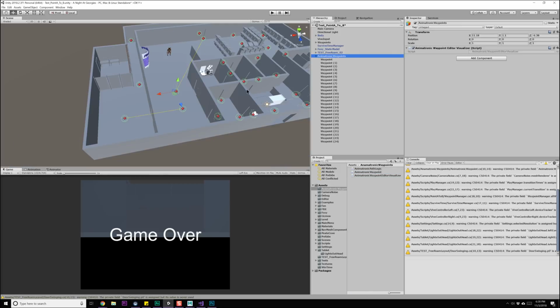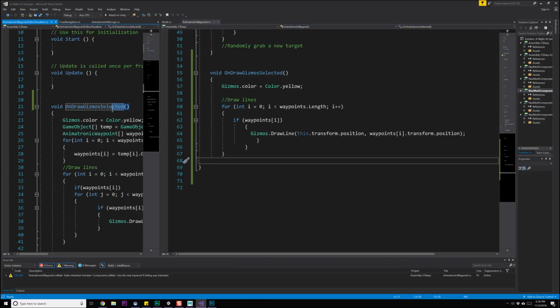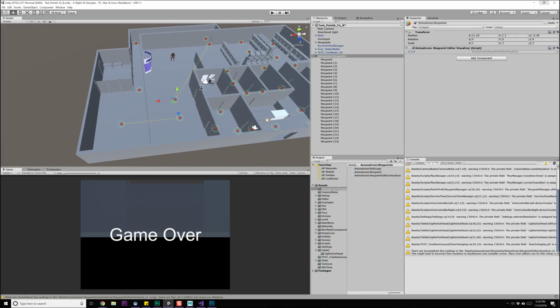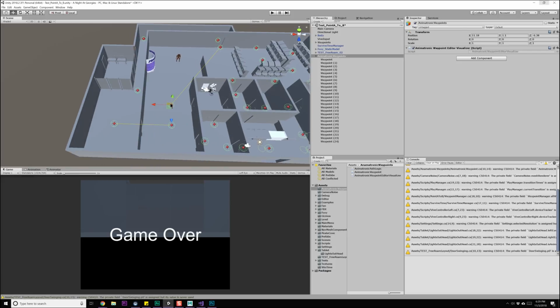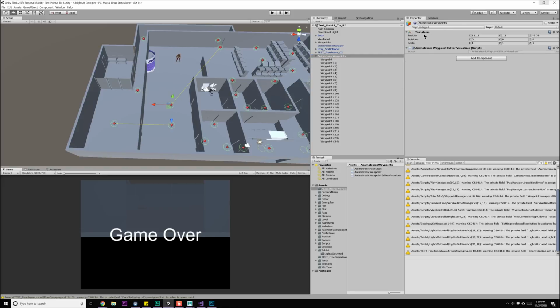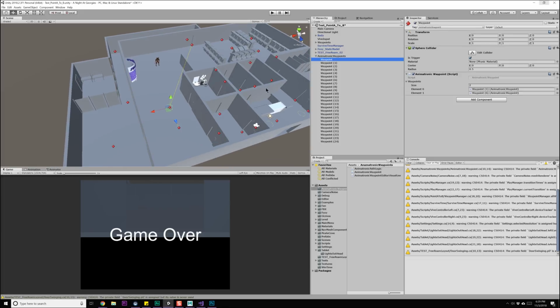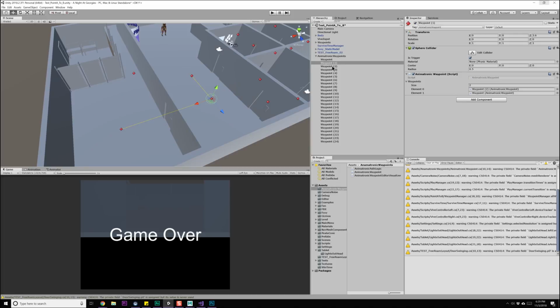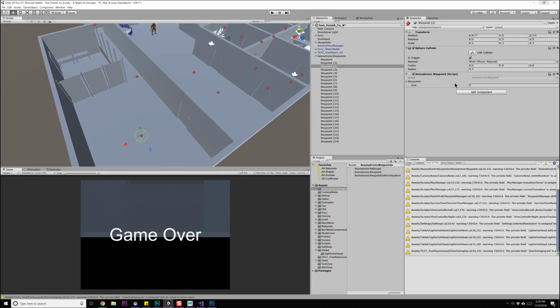Now what I'm going to do here is turn off. This is cool because it would give us, I'm going to change this back to on draw gizmo. That way I do have a way to see everything in the scene drawn out. Oh, that's not nice. I wish I didn't have that there. But anyway, now I still have a way of selecting. I'm going to turn that off really quick now. Turn off that script. Now, I guess it still works in the editor, so that means I have to remove the actual component, I guess. Okay, now I only get paths to the one that I'm actually working on, which makes this a lot easier to interpret. So I can do 2,